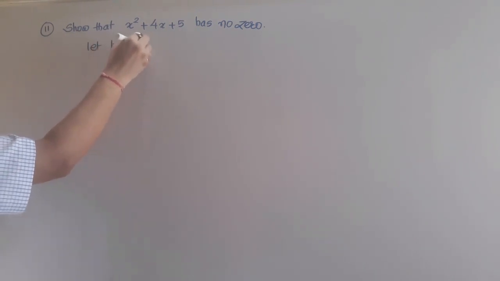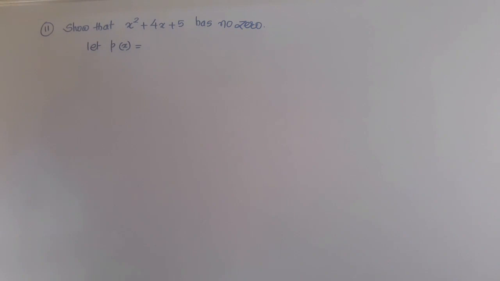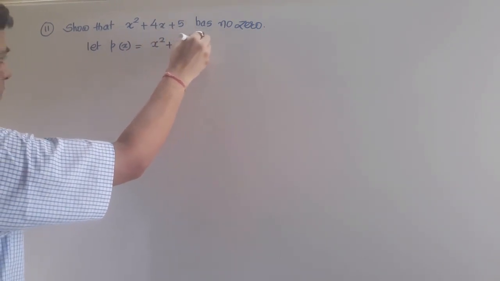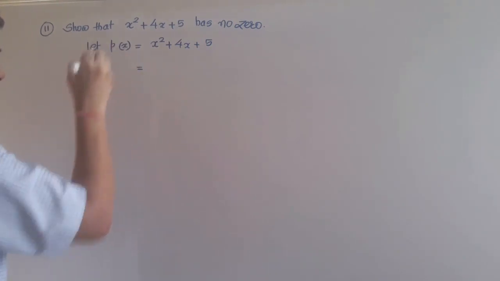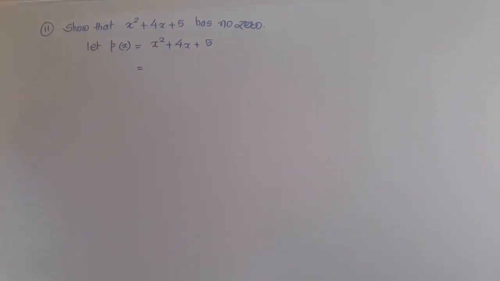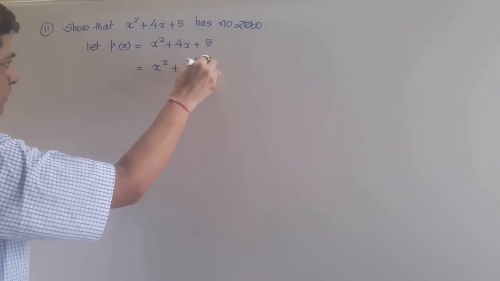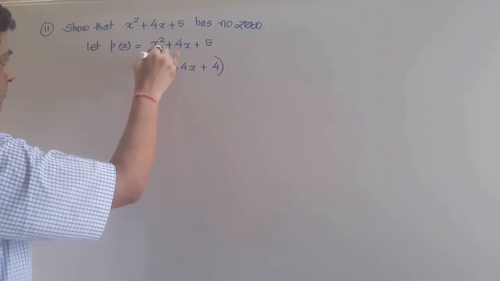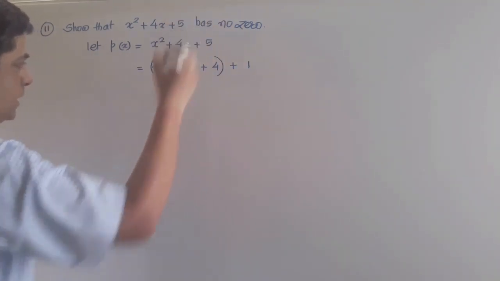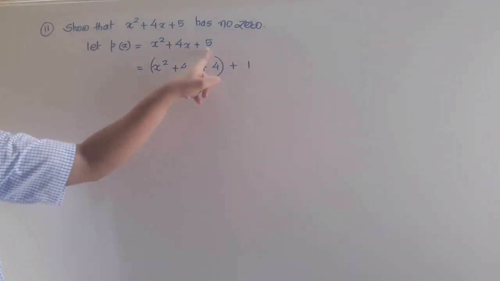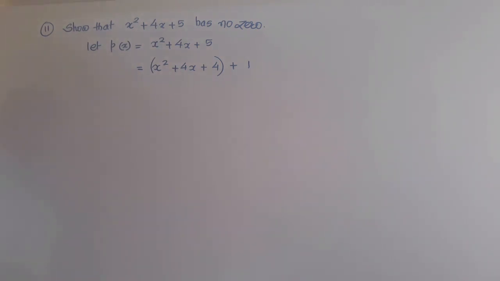Now see, these questions are higher order thinking skill questions, okay. So these are a little bit difficult for you. So p of x I am taking here x square plus 4x plus 5. Now observe here some manipulations I am doing, okay. So tell me one thing, can we write down x square plus 4x and 5 I am writing as 4 inside the bracket, and plus 1 I am writing outside. So one thing you observe, 5 is given, 4 and 1 if I add, it will become again 5. So there is no change, okay.